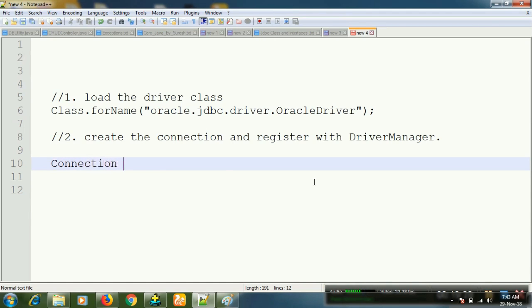Connection equal to driver manager dot get connection of database URL. Actually, getConnection method contains